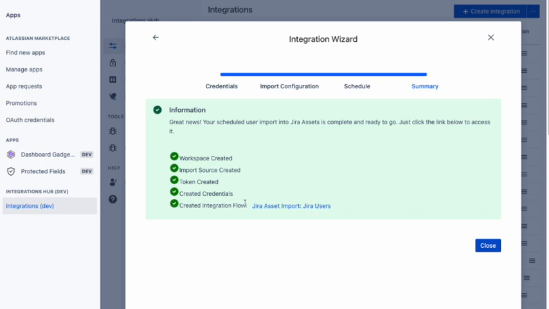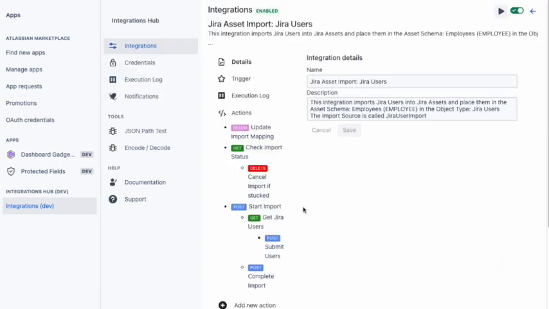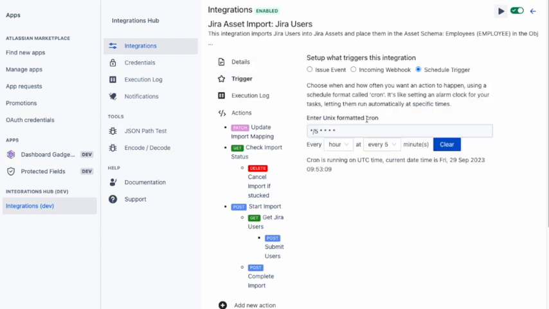Once it's finalized, you will get the link down here to the asset import flow. So this will be basically where it integrates. I click that, it takes me to the flow. I can see we have some description of it. We can see there's a trigger, it's a schedule one, and we can see that it's doing a lot of things for importing. Right now, I think it has not yet run,